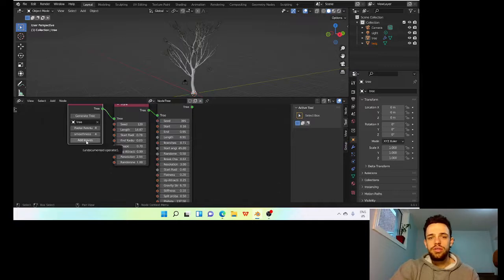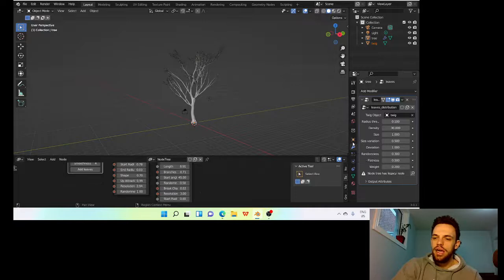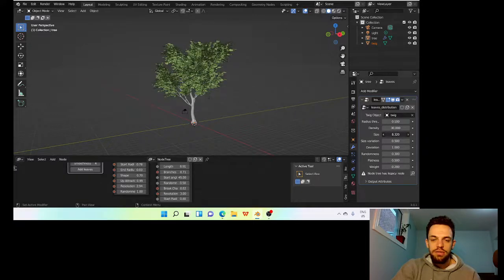If you want to still use this feature, you can go and download an older version of mTree and still use it. But this is the new version of leaves in mTree. You can see the leaves are there, but they're really small. So I'm going to come into the modifier tab, and this leaf modifier should have already popped up. I'm going to increase the size of the leaves and the size variation, and the density of the leaves,